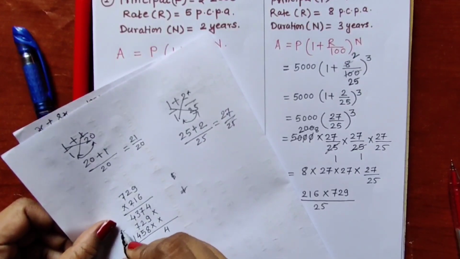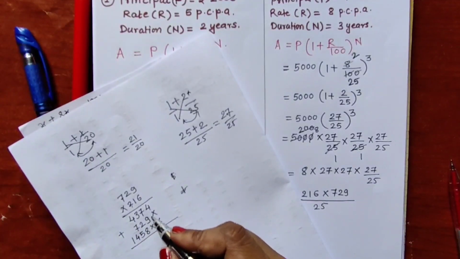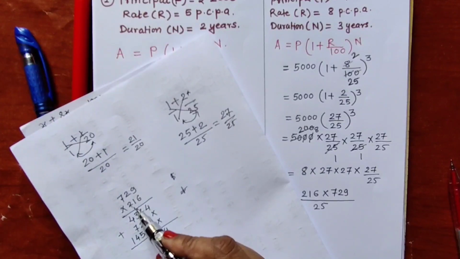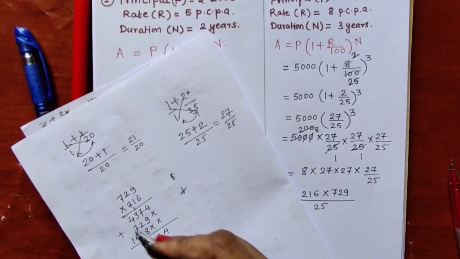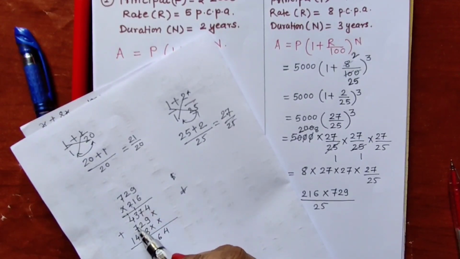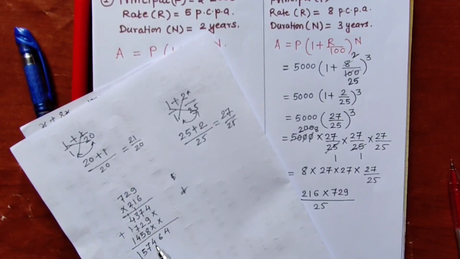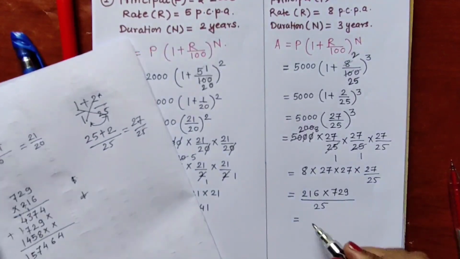Add 4 as it is, 7 plus 9 is 16, 1 carrying, 3 plus 2 is 5, 5 plus 1 is 6, 6 plus 8 is 14, 1 carrying, 7 plus 5 is 12, 12 plus 4 is 16 plus 1 is 17, again 1 carrying, 4 plus 1 is 5 and 1. 157464. So we are getting